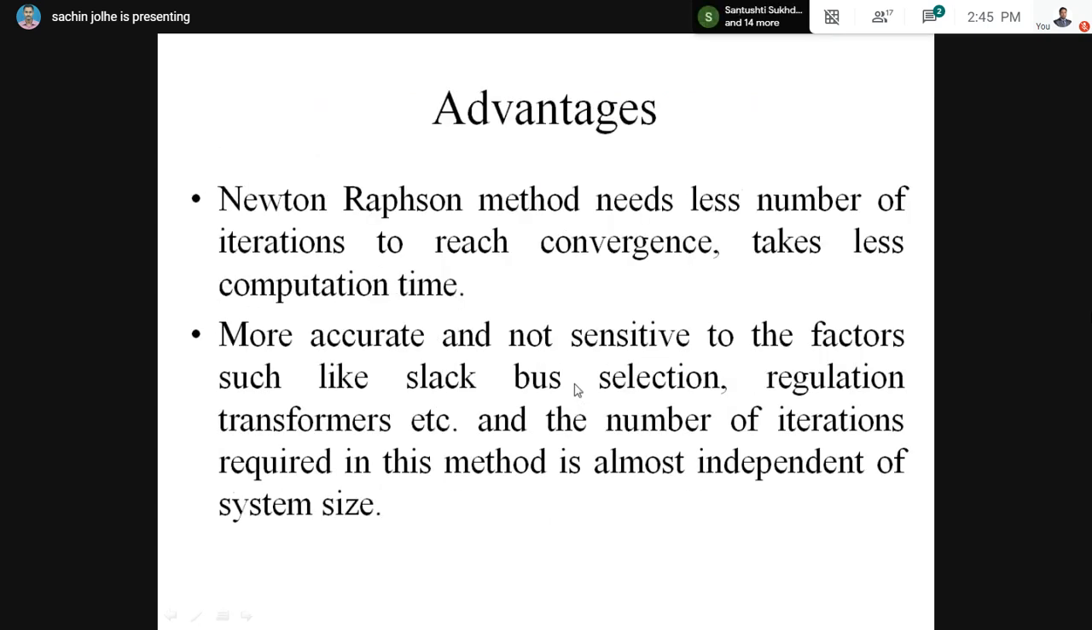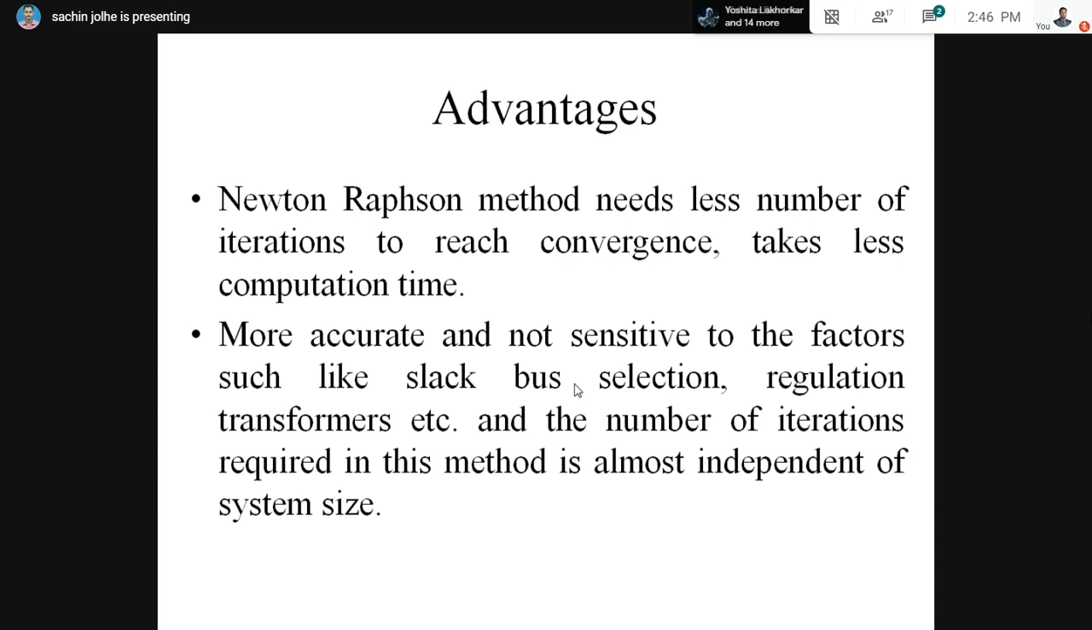What is the advantage? These are the advantages. The advantage of this method is the lesser number of iterations to reach convergence, taking less computational time, more accurate, and not sensitive to factors such as slack bus selection, regulating transformers, etc. And the number of iterations required in this method is almost independent of the